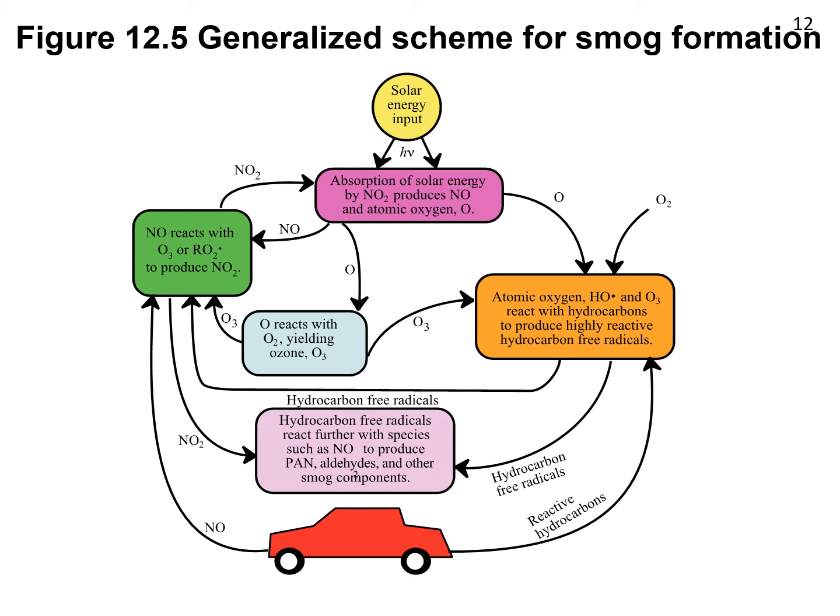That includes molecular oxygen, which makes O3 or ozone, and it also includes hydrocarbons, which can also be light reactive and can also regenerate nitrogen oxide. Notice that many of the products cycle and make more nitrogen dioxide or ozone that will continue to react. So once nitrogen oxide levels reach a critical mass, the smog can actually be pretty self-sustaining for some time, particularly when there are also many reactive hydrocarbons.